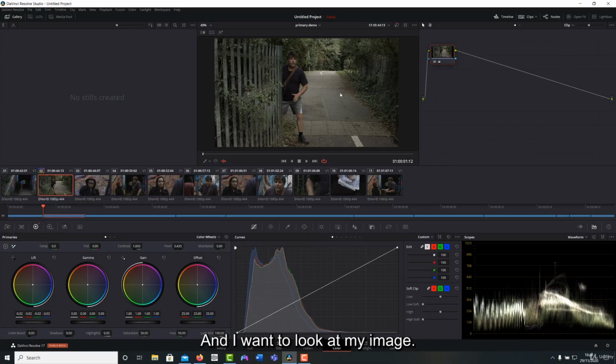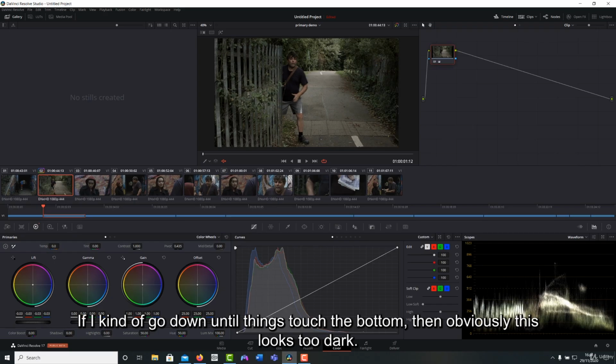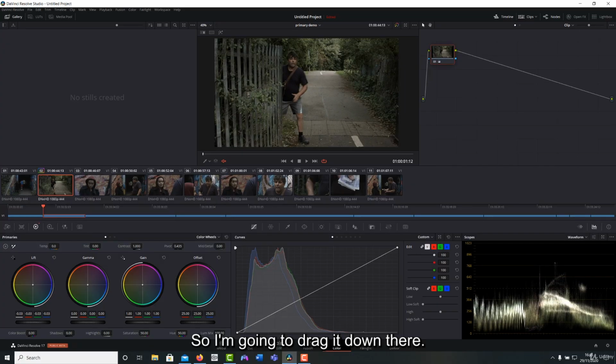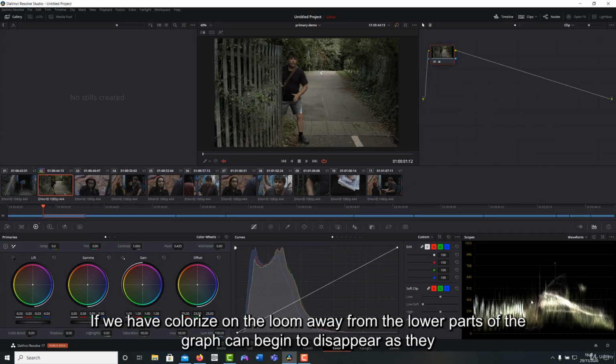That's fine. And I want to look at my image. If I go down until things touch the bottom, then obviously this looks too dark. So I'm just going to drag it down there. That's about right. If we have colorize on, the Luma waveform, the lower parts of the graph can begin